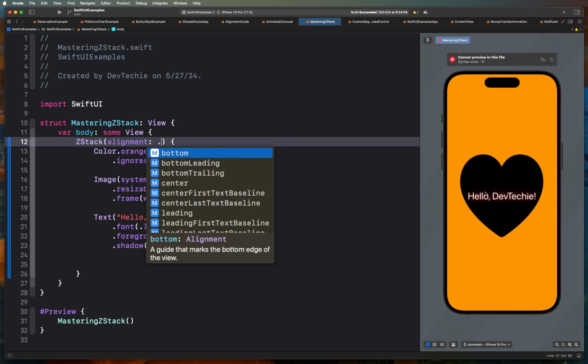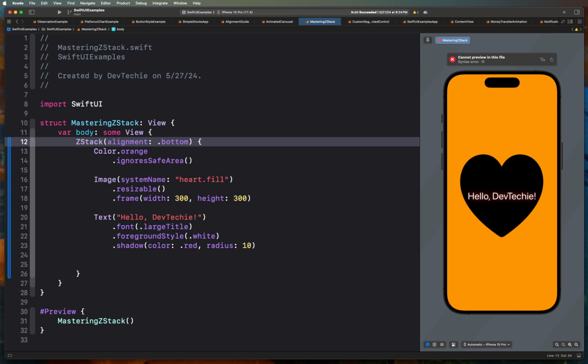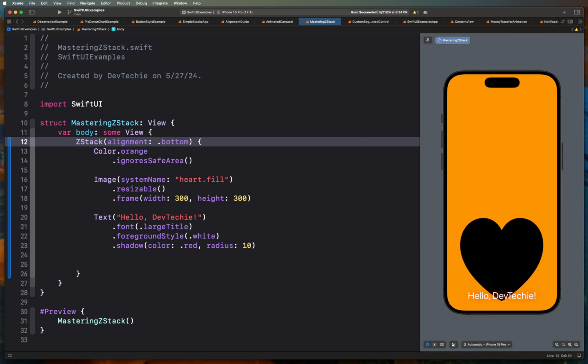I mean, setting alignment on the largest view, which is defining the size, is not going to have any effect on that view because it's already big enough to take over the entire space. Okay, so if we set the alignment as bottom, both of our views move at the bottom. And similar goes if we move it at the top, and both of our views